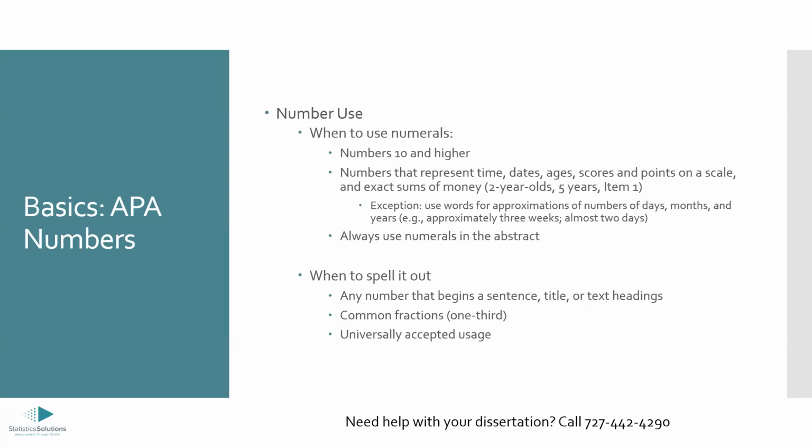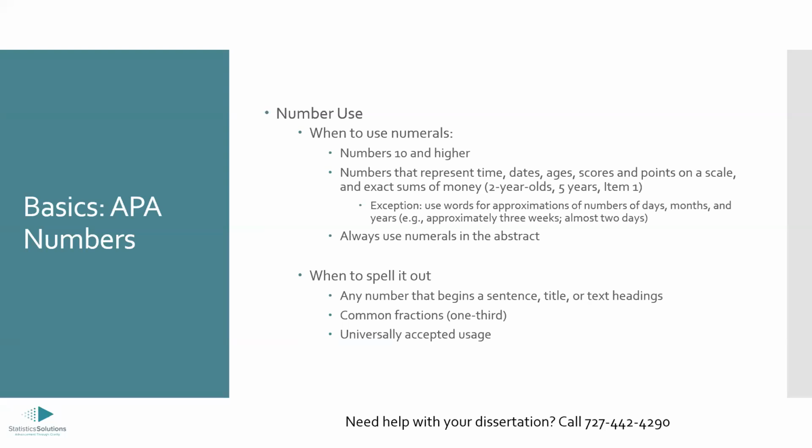And then if that is not the case, if the number is 9 or less, and it does not denote time, date, score, etc., you're going to spell it out. Additionally, you're going to spell out any number that begins a sentence, title, or text heading. So if you start your paragraph by saying,